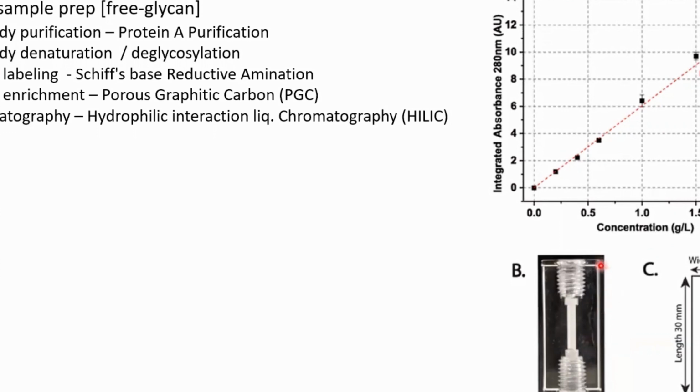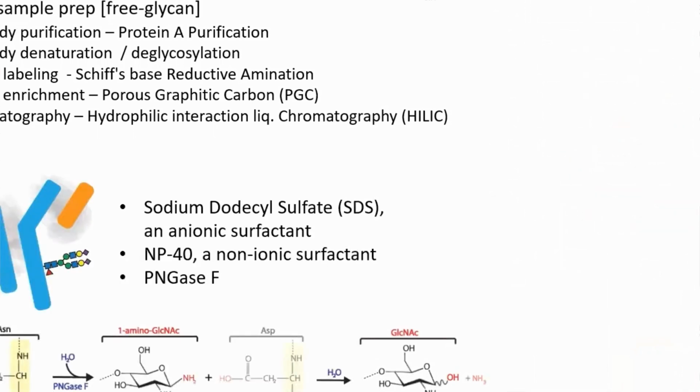Here we're showing it in plexiglass, but we found that plexiglass does not work very well. We moved over to using PEEK, as it's a better material to carry the mobile phases that we're working with for our system. And you can see here how well our system is behaving just off of a standard curve that we produce with different bindings. Now that we've been able to purify our protein, the next step is to denature